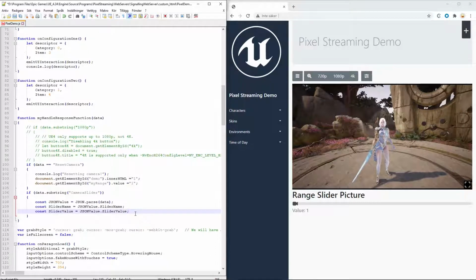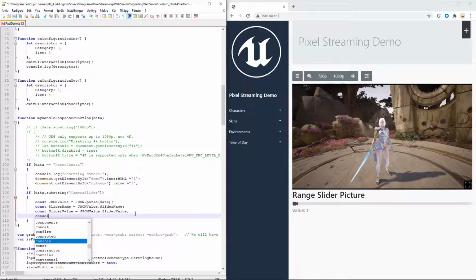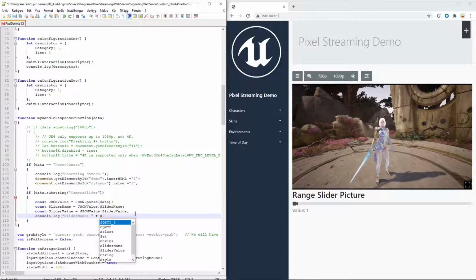Now, like we did before, an easy way to see if this works is just by adding a console log and make it say slider name is. We can just add the slider name then, and then make another string that is slider value.